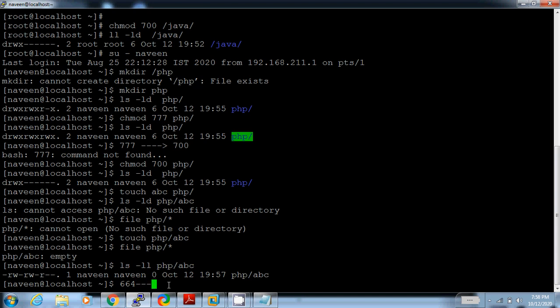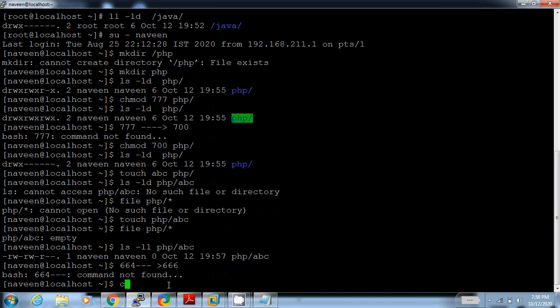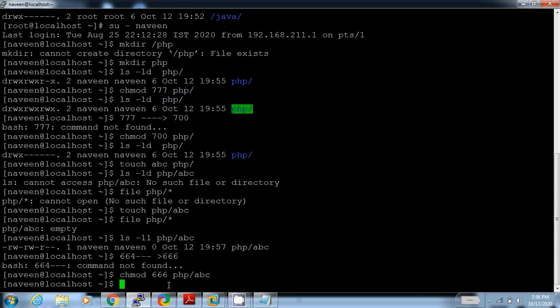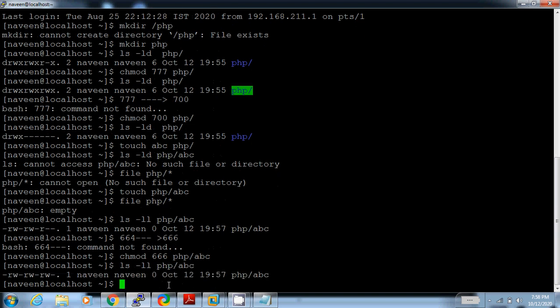Now I want to change permission from 664 to 666. Then I will run the command chmod 666 php abc. Now check the file permission. Yeah, see, permission is rw- for user, rw- for groups, rw- for others.